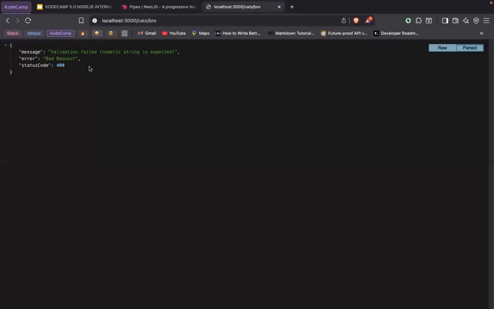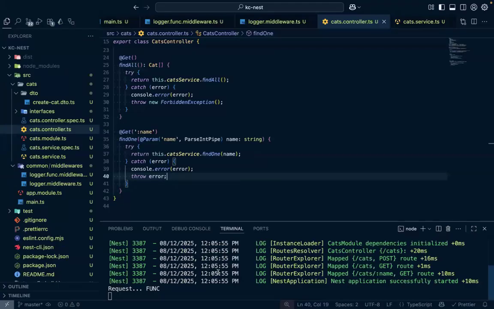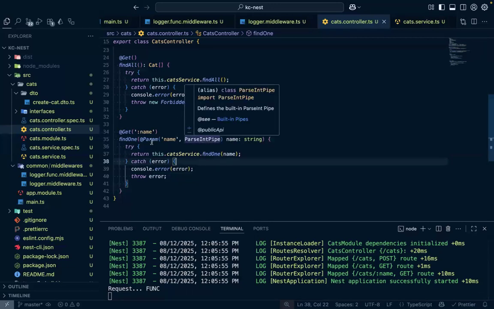Now, the message you are seeing is validation failed, numeric string is expected. Bad request, 400. This is a bad request. This is not found because we're making a bad request actually. And you can see there are no errors on the console, just the response. This is actually a bad request because we're trying to convert a string to